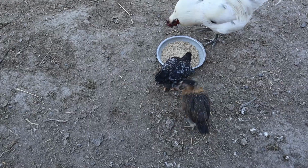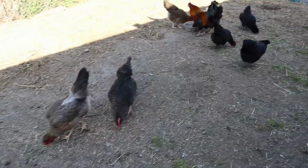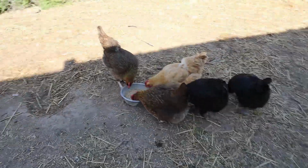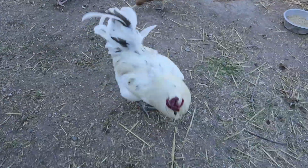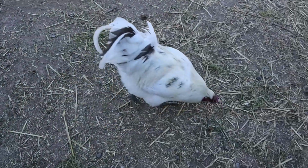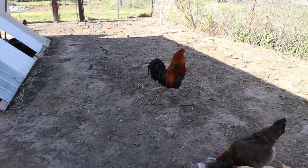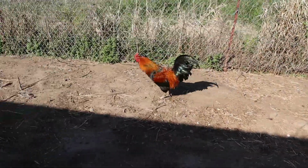You couldn't find any chicks to buy in the store because they were gone so soon. But I ended up hatching these out sooner, and I might hatch out some more here soon too. So right now I have 9 hens and 4 roosters. This one hatched out last season. Disappointed to have another rooster. That one there is Ricky's son, if you remember Ricky. I named him Rocco, and he is now the man of the coop